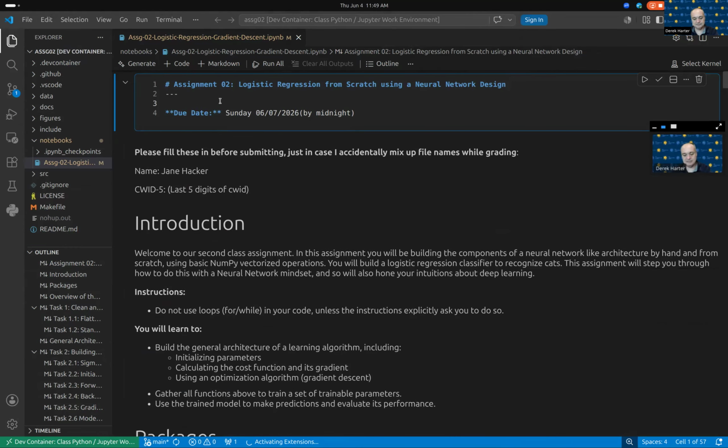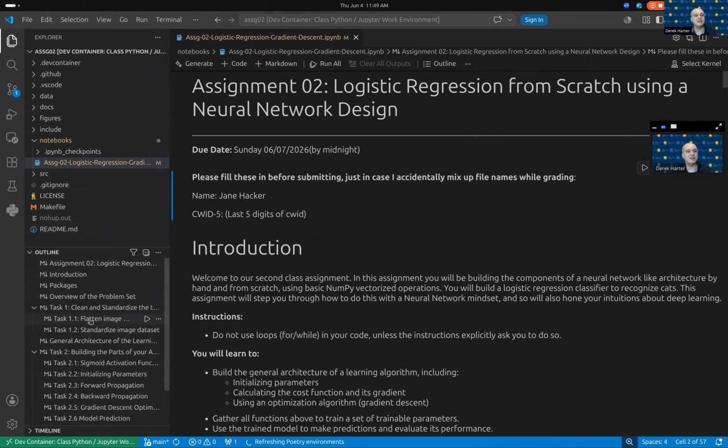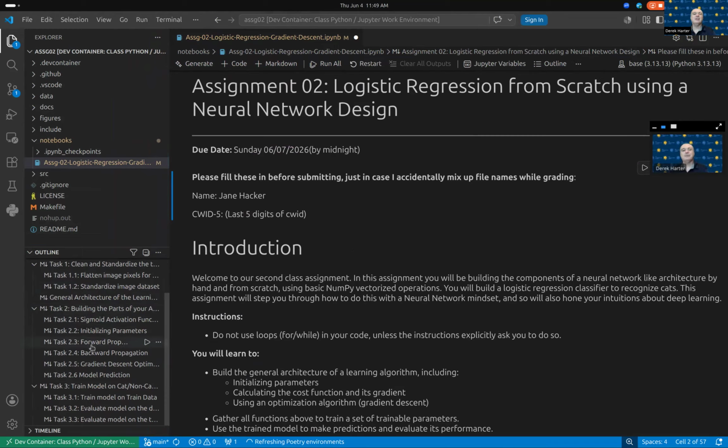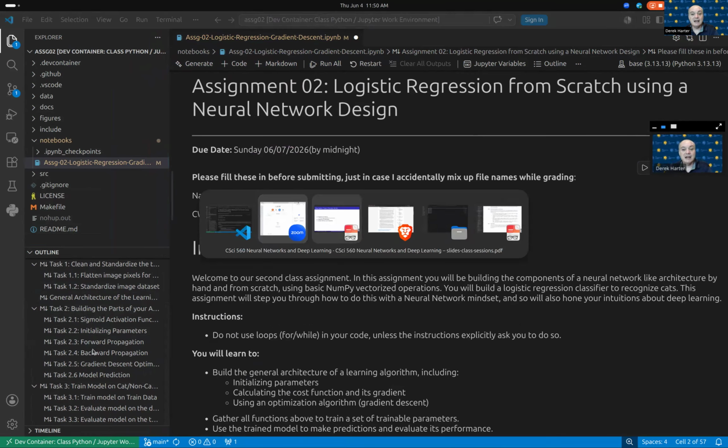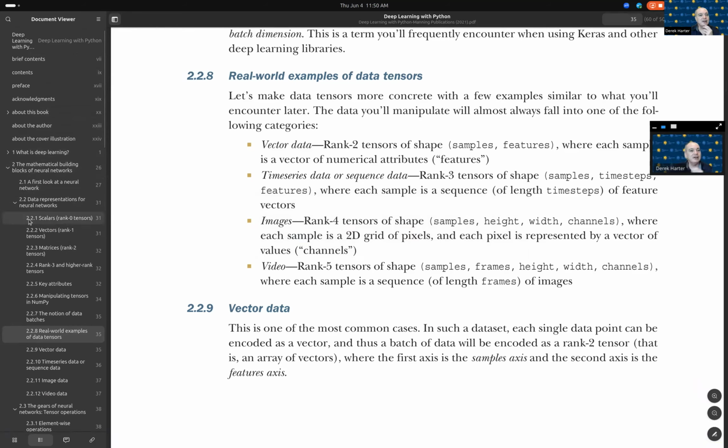Anyway, for assignment two, let me know if anybody has any questions on these. This is really from chapter two. This assignment two is on the chapter about the building blocks of neural networks. So I'll bring up my chapter two here real quickly. If you haven't read these materials, it'll be very useful for you.